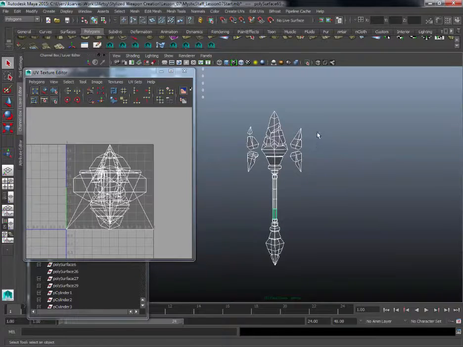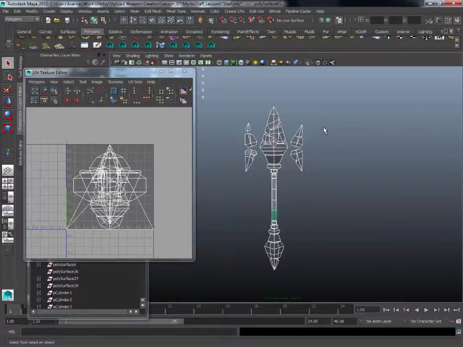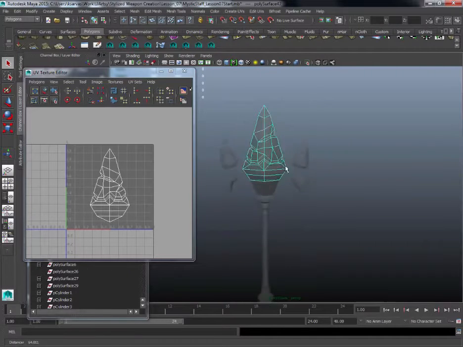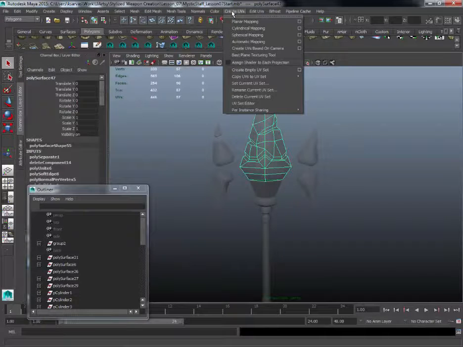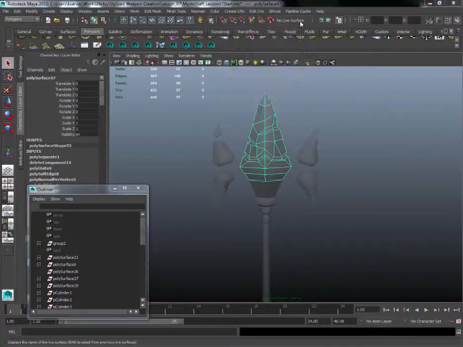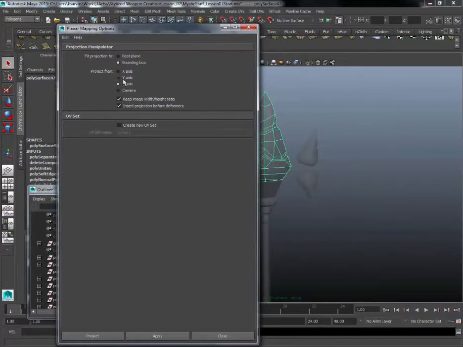So after I have deleted one side of the model and then separated the mesh out again, what I'm going to do next is select the object for this top stone piece, and then go to Create UVs, Planar Mapping Options, and now for this, because we know that we want to have Z-axis symmetry for this model, we also know that we will need a Z-axis planar projection. For the other settings in here, if I go ahead and do reset settings, you want to click the Z-axis,